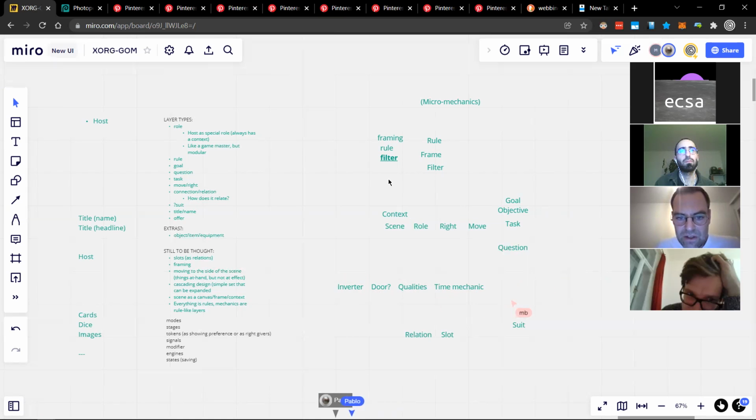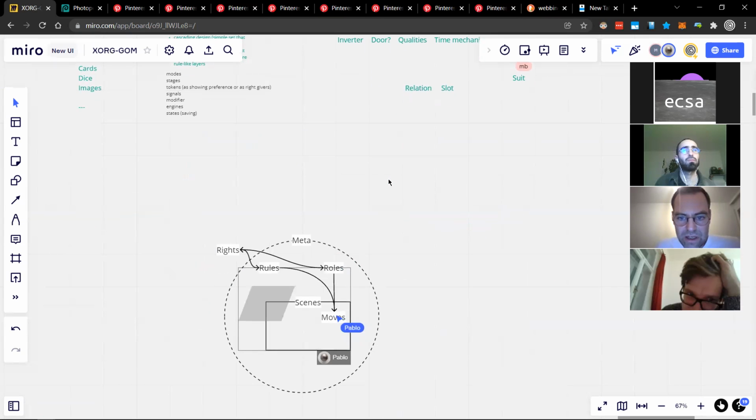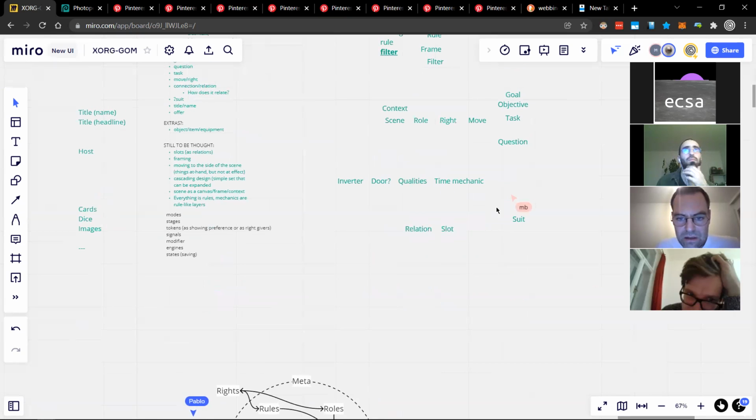If I go down here, do you see what I'm outlining? Inverter, door, qualities, and time mechanic. Each of them is an extension. Inverter is a bit of a lame one because it's very specific; it would have to come with a set of five or six. Door is the Mega Dungeon extension.